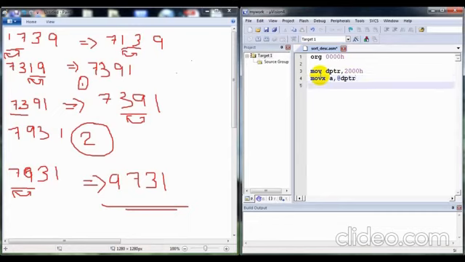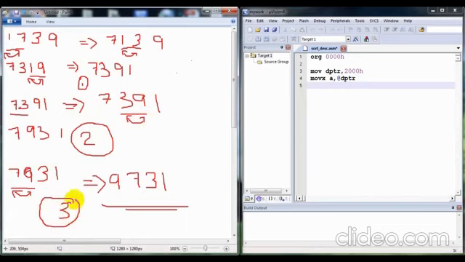Then here we can see that there were 4 numbers and we have taken only 3 loops, right? 3 loops. So here we can decrement the value, DEC A, decremented.